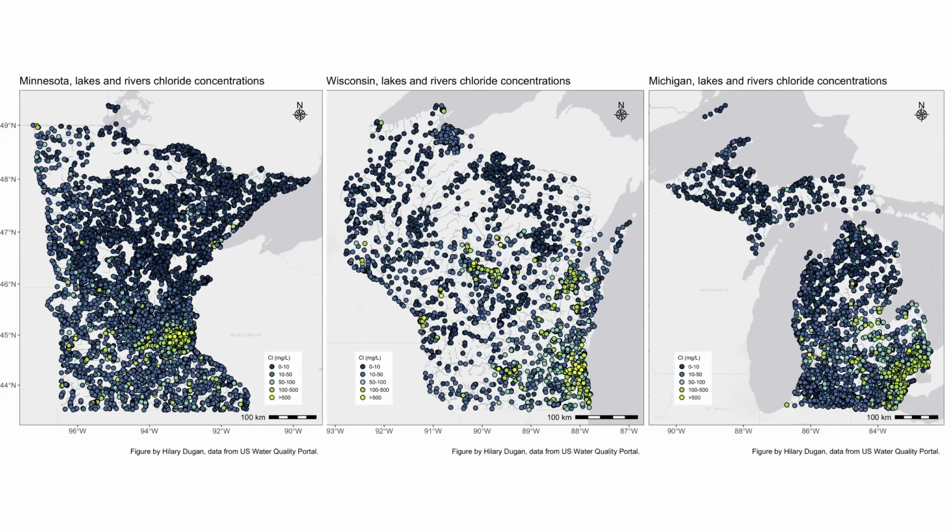And I know this looks like a lot of dots. Like you're like, oh, this data is great. We have a lot of information. We do and we don't. We have a lot of rivers and lakes in this area, and there's still a lot of unknowns when it comes to what the background concentrations are. And then, importantly, have they changed through time?